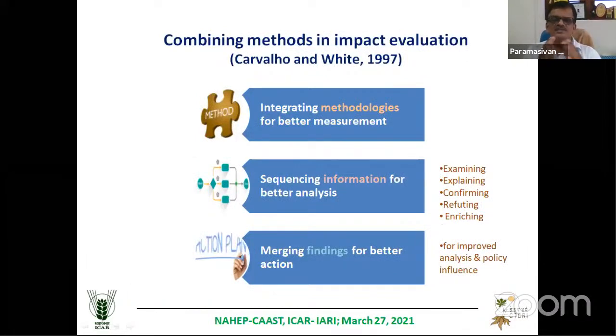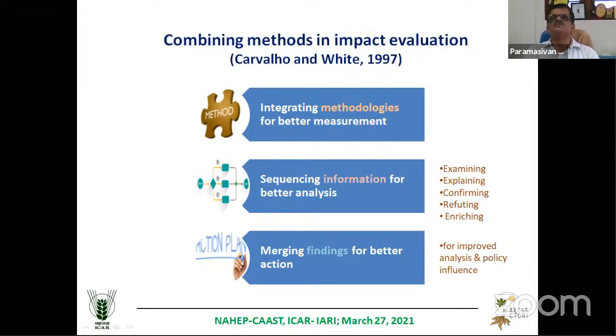So this is the one which I was talking about. When you combine the methods in impact evaluation, you are doing three things. First, integrating methodologies for better measurement. It means you are using qualitative methodology at the beginning and quantitative methodology at the later stages, so that you can improve the way you are measuring the